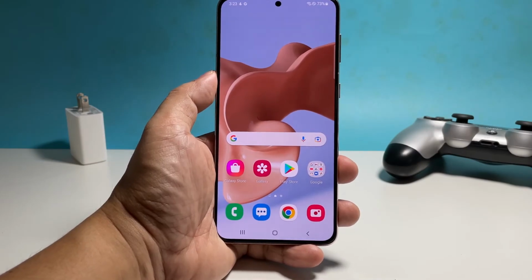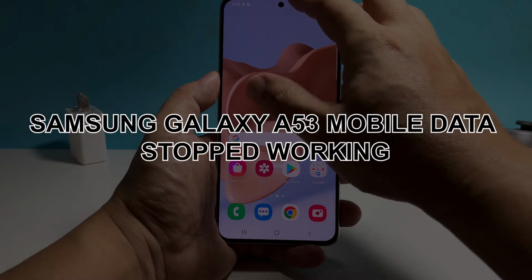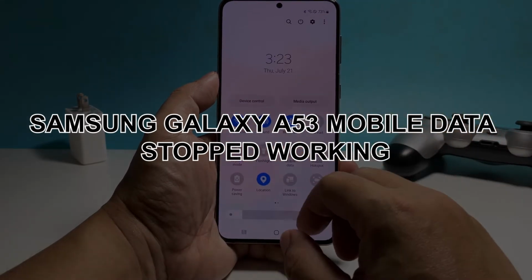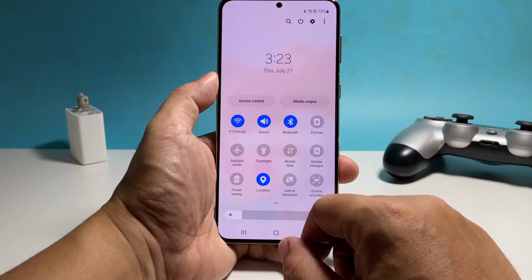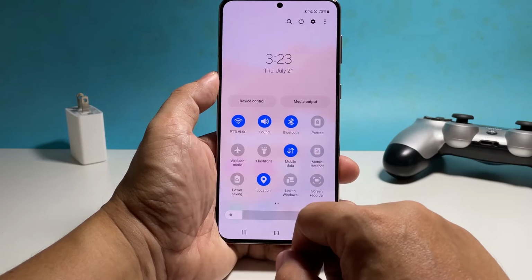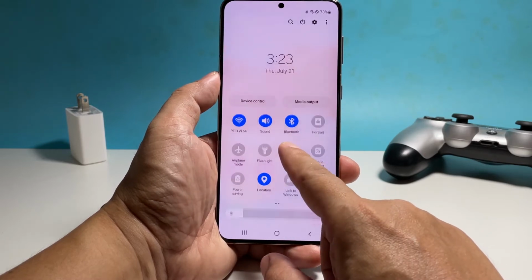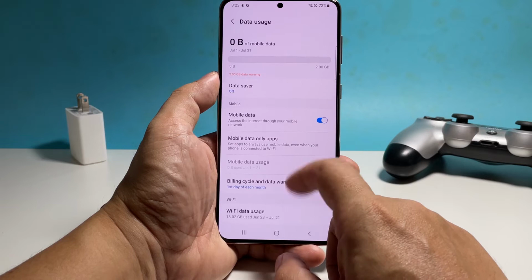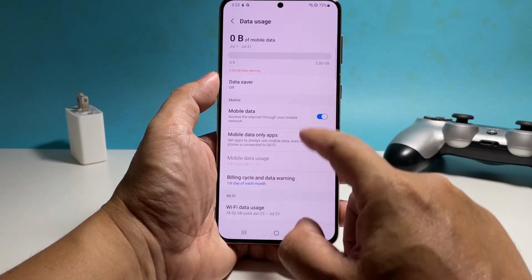In this video, we will show you how to fix the mobile data service on Samsung Galaxy A53 that stopped working for no apparent reason. Network or wireless related issues can be very annoying. However, in most cases, they're not serious and you might be able to fix them by doing a few basic